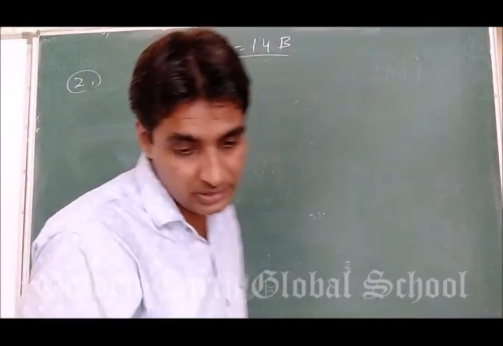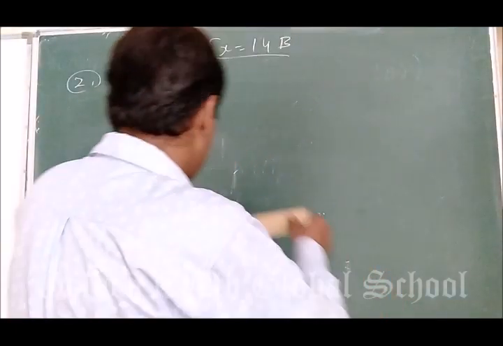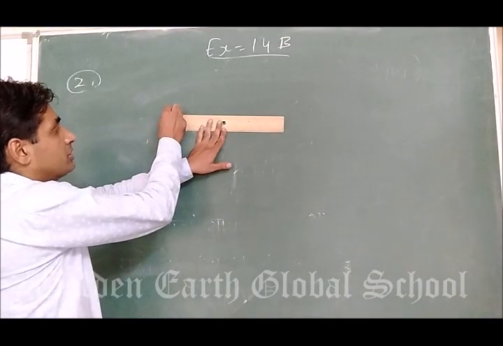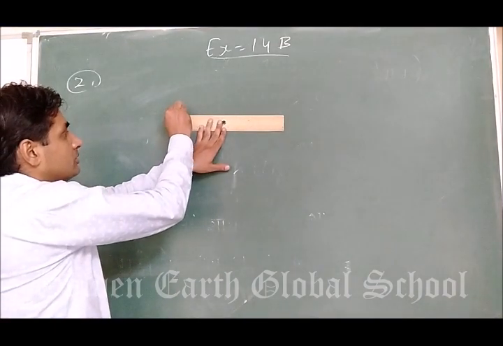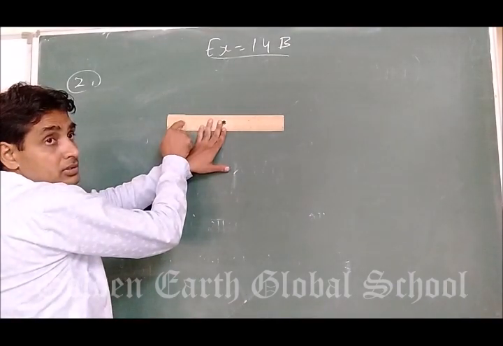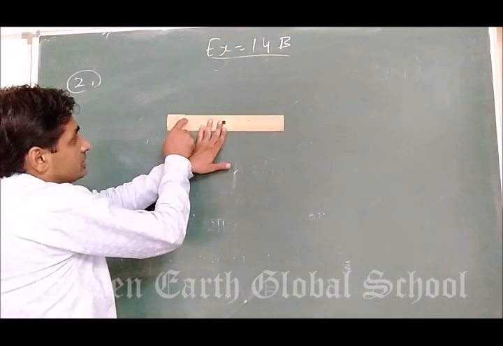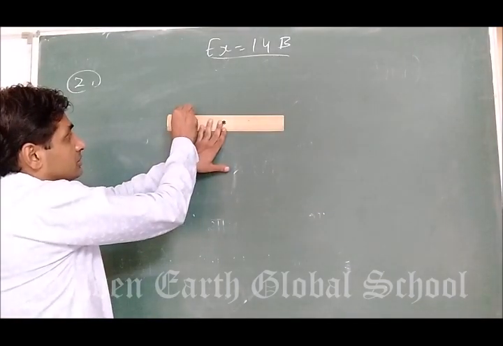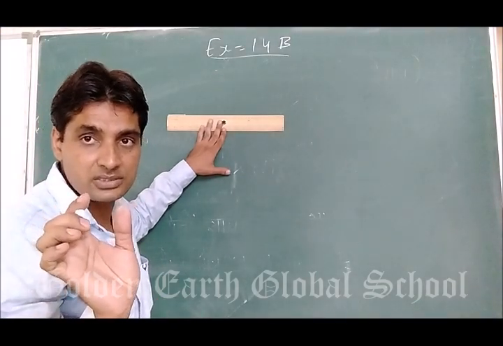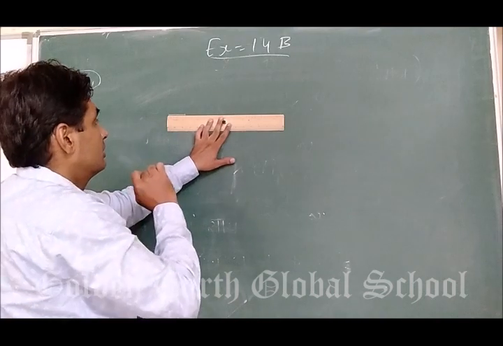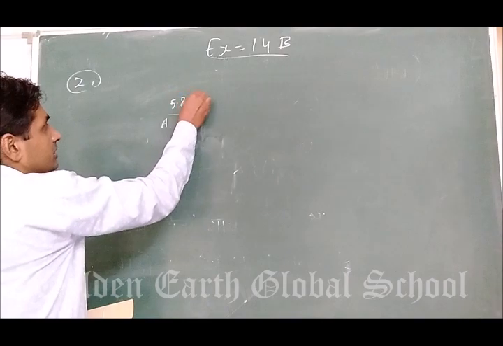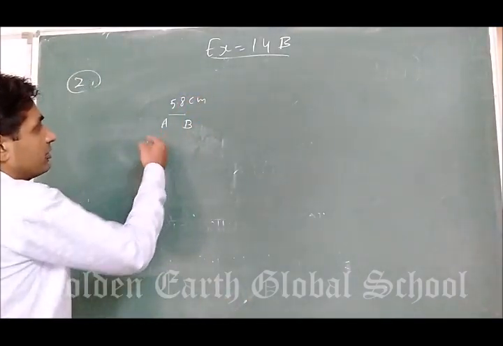So the length is 5.8 centimeter. So these are centimeters bete. So always you start from 0. Okay, so this will be, this is 5.5. Okay, so 6 is 8th observation. You know that na, in a ruler there are 10 observations. So 8th observation you have to take. Okay, so this will be 5.8 centimeter. Okay, so this is the first question also.